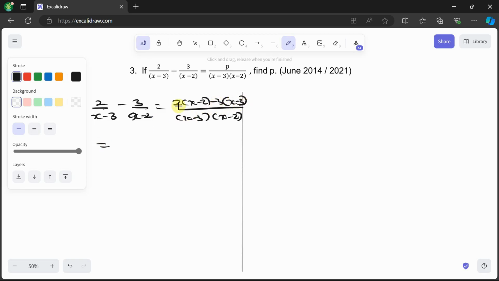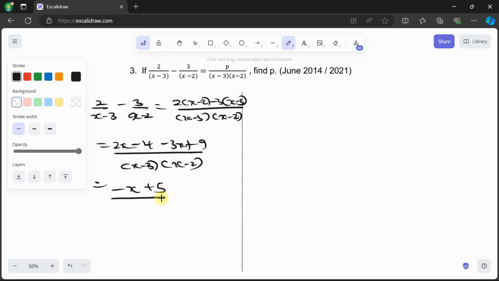This will give us 2 times x is 2x, 2 times minus 2 will give me minus 4, minus 3 times x will give me minus 3x, minus 3 times minus 3 will give me plus 9, all over x minus 3, x minus 2. So 2x minus 3x will give me minus x, minus 4 plus 9 will give me plus 5, all over x minus 3, x minus 2. So we can arrange this and let the plus come first. This is like saying 5 minus x all over x minus 3, x minus 2 is equal to